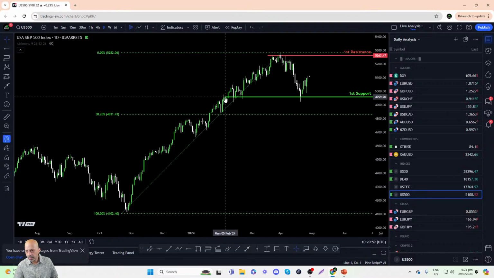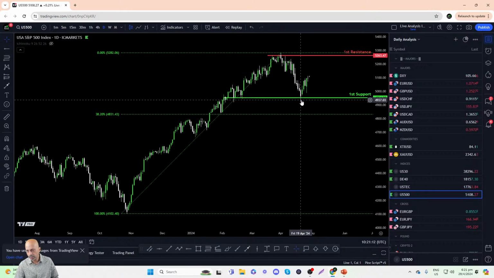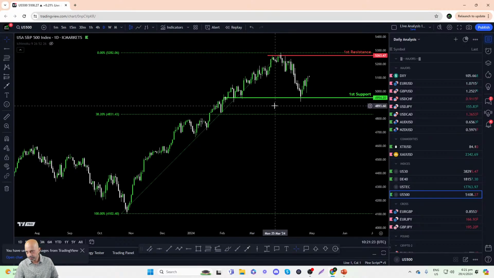We can see here, first support is fine. This is a pretty significant overlap level. The index found resistance here on 2nd of April, and before that found support on 13th and 20th of February, and once again on the 19th as well. Of course, we do see the bottom of the wicks dropping below, but generally you can see how 4,954 has functioned as a pretty strong overlap support.